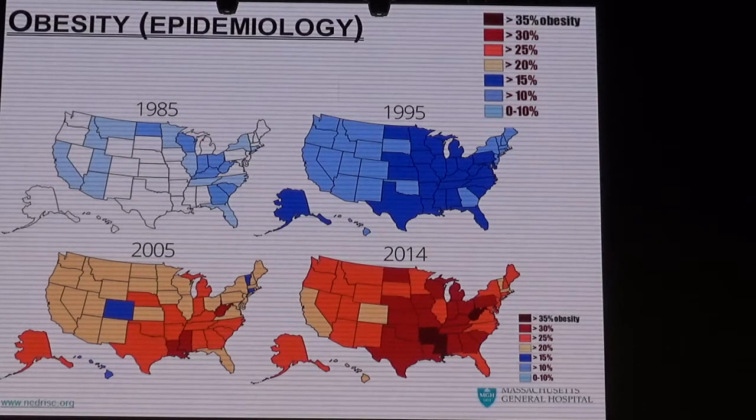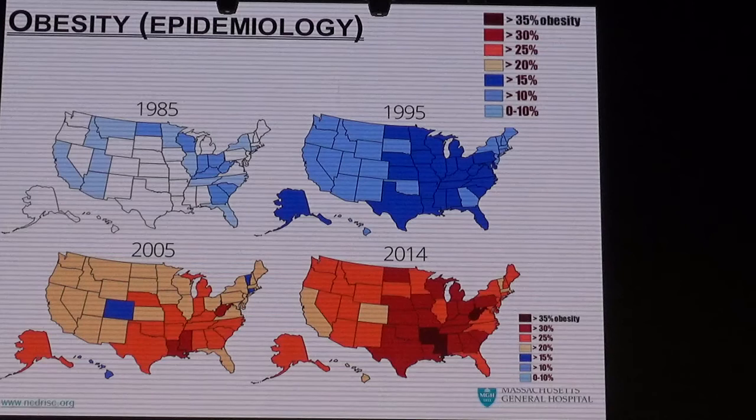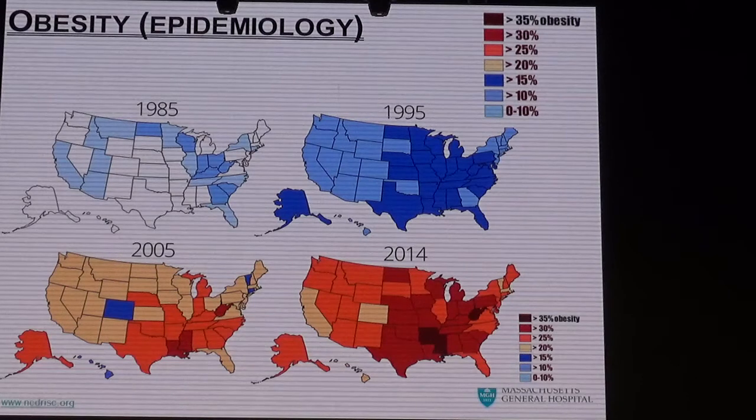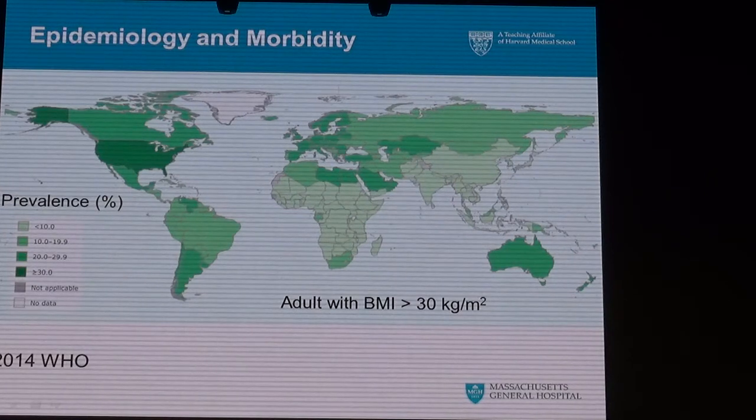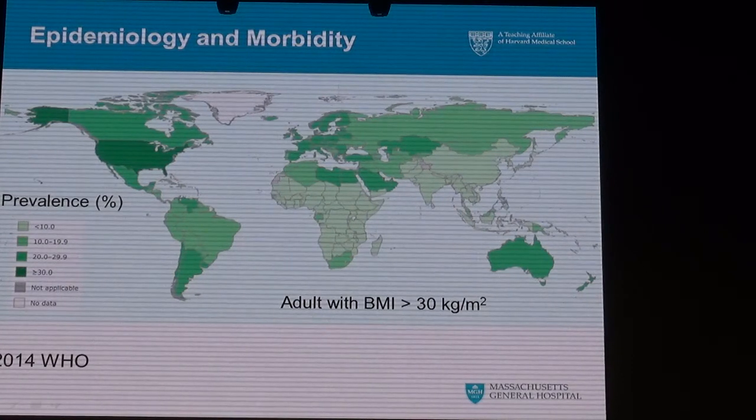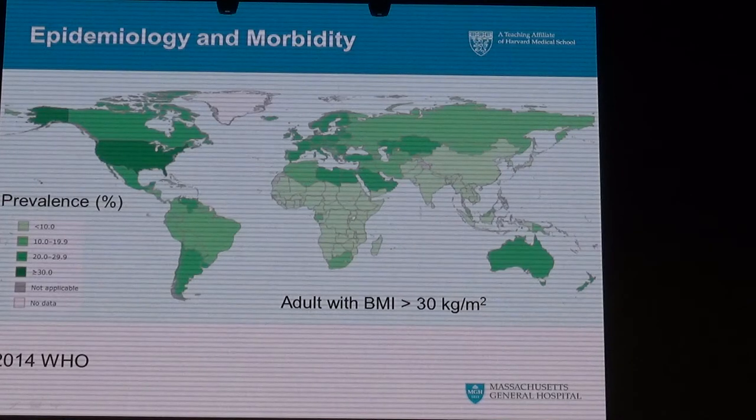Basically, 1 out of 3 patients in the ICU are obese. So I think it really becomes a problem of understanding more about how to treat and apply physiology to these patients. This is from the WHO, the obesity around the world. As you can see, there are multiple countries, especially in the Americas, but also the Middle East, Europe, and Russia, with about 10 to 20% of obesity, but it's also increasing here.